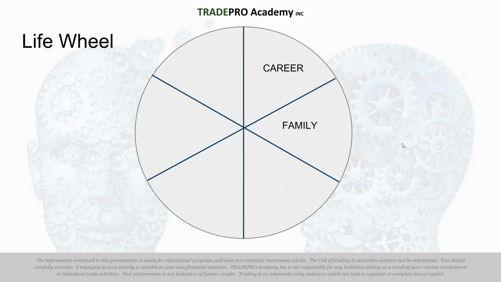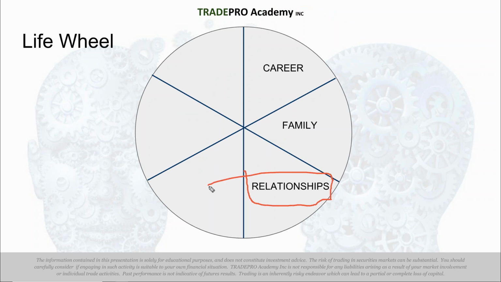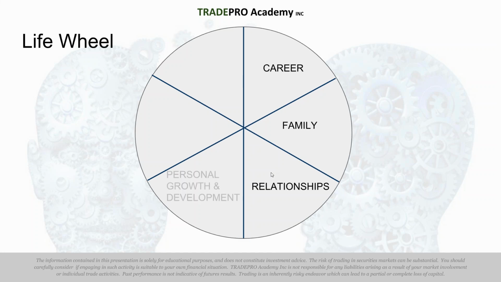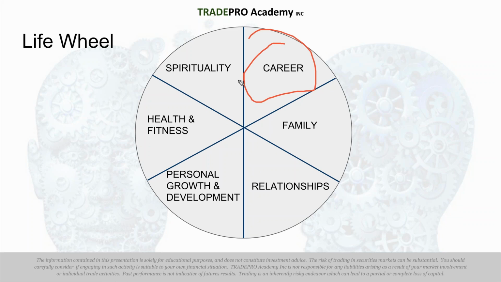All right, family is another one of them. Relationships, and relationships is a really deep one, because if you think about it, you have a relationship to everything, to your career, to your family, to yourself. So relationships is a super, super big one. Personal growth and development, all right, health and fitness, and spirituality. So those are the 6 areas of life that you can work on in your life wheel. And what I want to tell you guys here, we do focus on career, because trading is a career path that you've all chosen to partake in, at least somewhat seriously. The other 5, though, I would not leave them hanging.